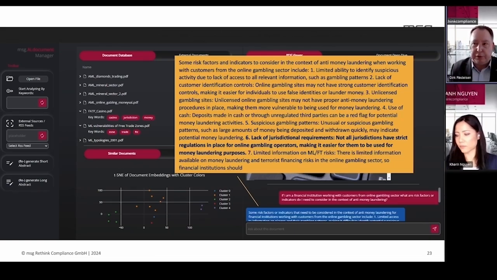In regards to the classical solutions, the investment would be low. Of course, you have to set up the solution so that it knows how you would like to do your risk assessment, but that could be done easily in a few days. So it's typically a very low investment in starting up.